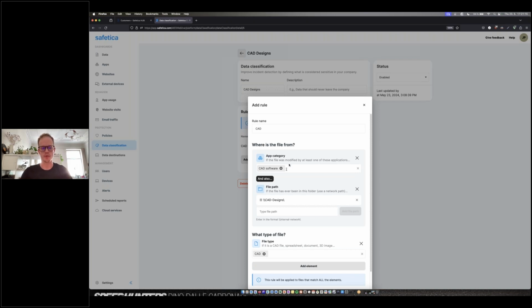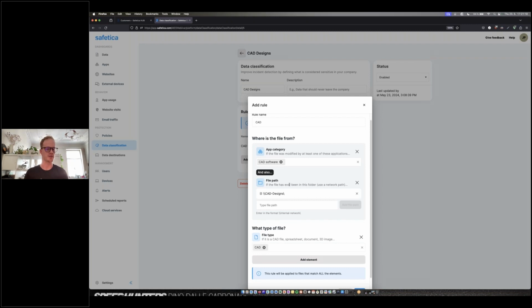Also, you can designate files that reside within a certain path as sensitive. In this instance, I just made up a fictitious external server, so anything that resides on this CAD designs server would be labeled as sensitive.